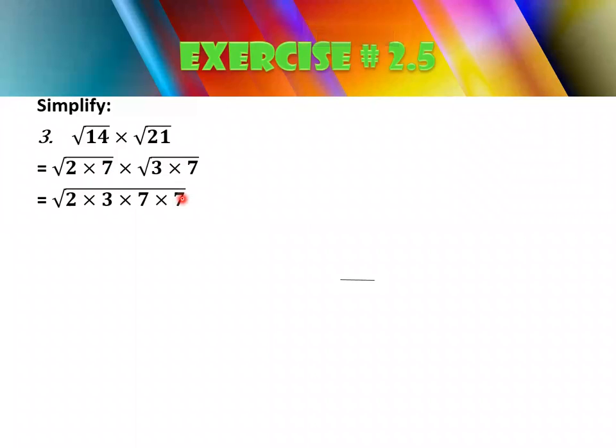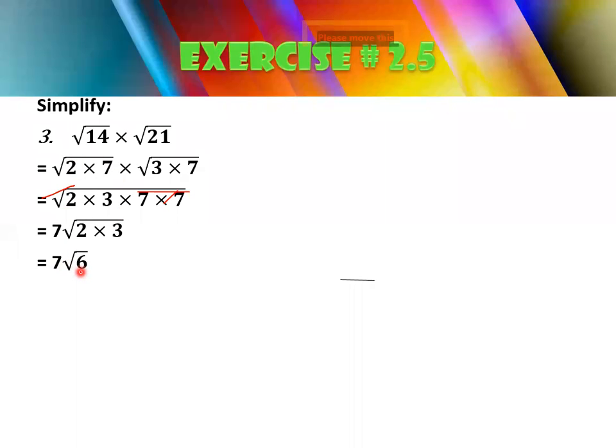Now which pair is going to be made here? Obviously this 7. So this 7 is the pair of the same number. So what you will do, you will take this 7 out outside the radical symbol and keep 2 and 3 inside, just like this. Why are you taking it out? Because it's a pair and it will be cancelled with this one. So you will take 7 outside and 2 and 3 will remain inside. And now simply you will multiply 2 and 3 and you will get 6. So the answer of this one is 7 under root 6.